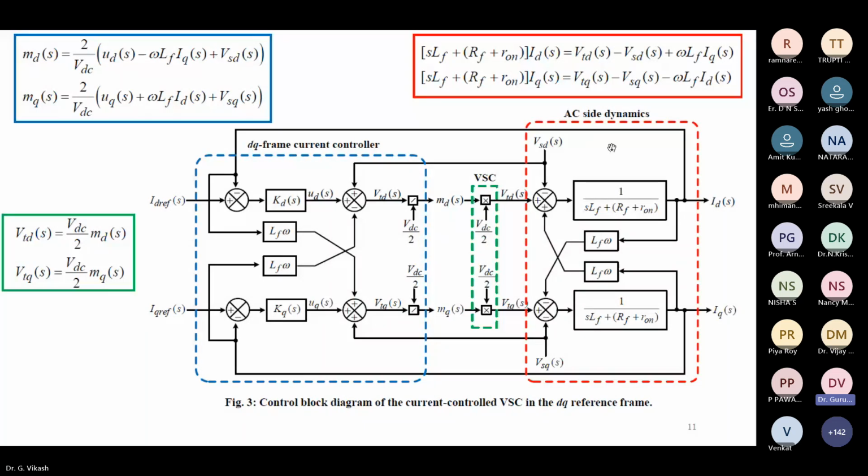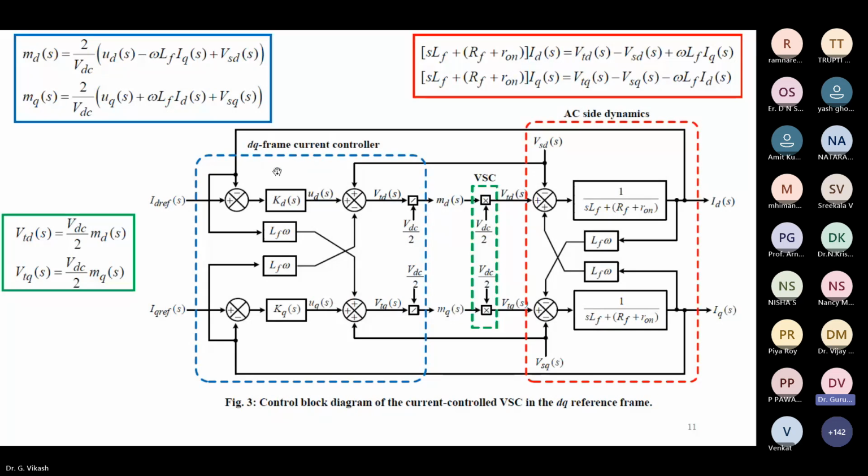This whole system is a multi-input, multi-output system. The inputs are ID reference and IQ reference, and the outputs are ID of S and IQ of S. First we have to decouple this ID and IQ, here also IQ and ID. If we see this blue box, in this blue box we have implemented the